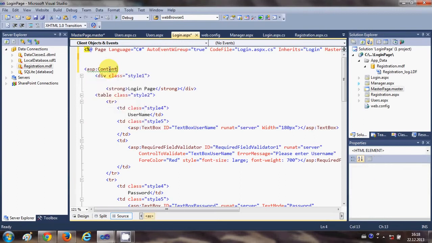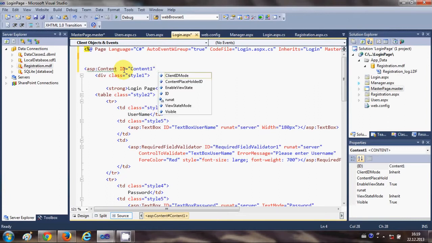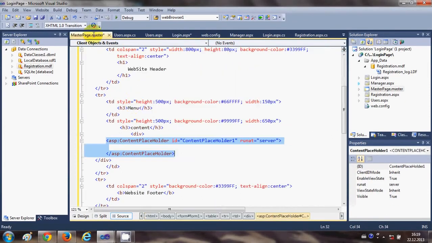ASP content, and then I will give the ID to my content. So for example, ID is equal to content 1, and then I will give the ID for my content placeholder. So write content placeholder ID is equal to content placeholder ID 1, which we have in the master page, this one, content placeholder ID 1. Okay,